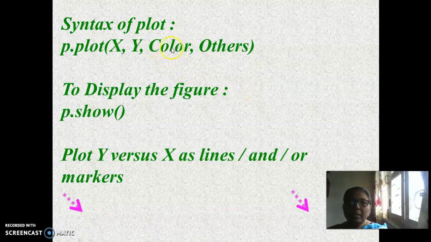Suppose you want the line color to be changed, you want the legends and labels to be displayed, you can give all those things which are otherwise important for formatting the chart along with the plot as arguments or parameter values. Finally, when you want to display the chart, give the command p.show to display the figure.